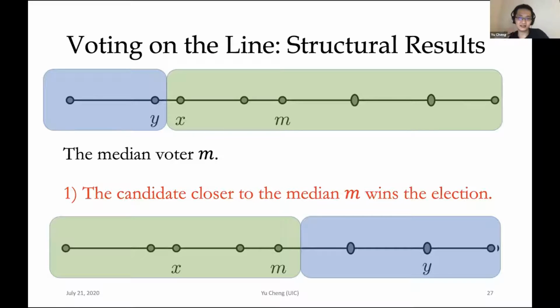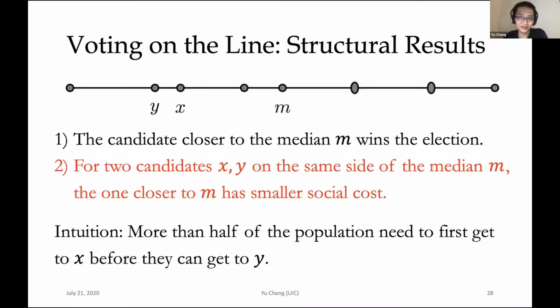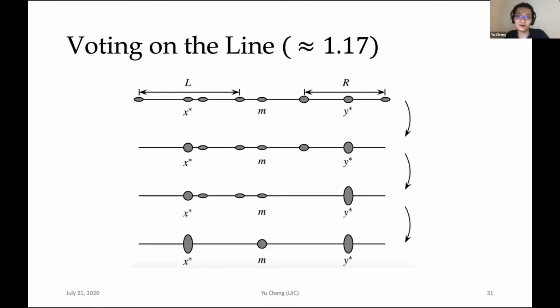Intuitively, you can do a case analysis where they're on the same side or on different sides, but in both cases, you can prove this structural result. You can prove many other structural results similar to this one. For example, one that's similar, but measures the social cost instead of who wins the election. And finally, you don't have to pay too much attention to the detail of these, but the important thing is you prove these structural results and then you use them to